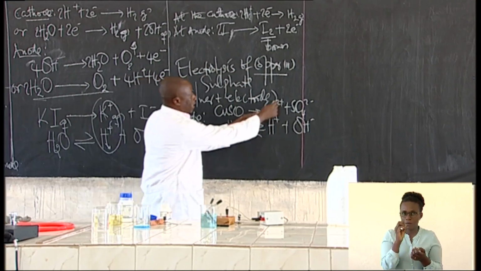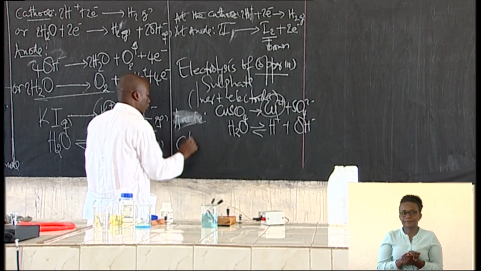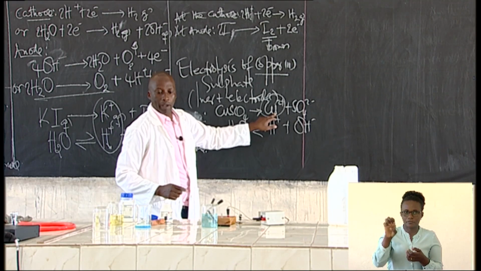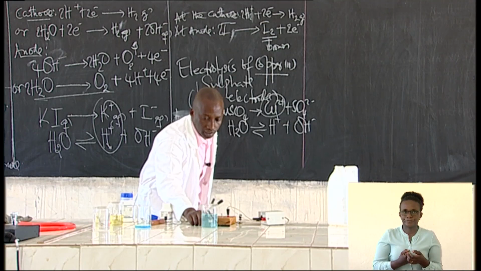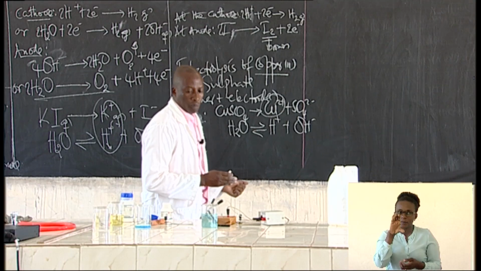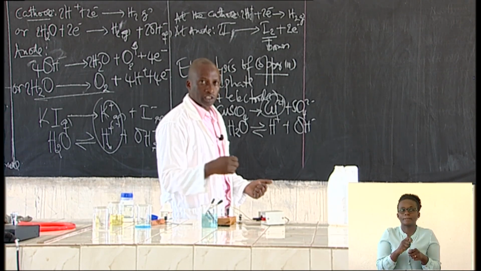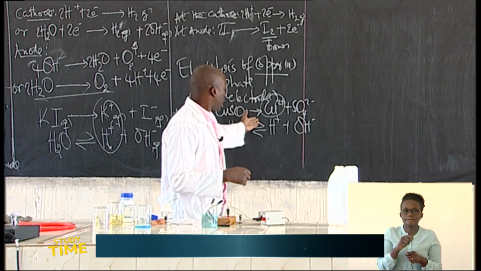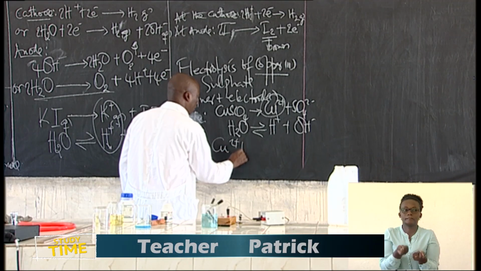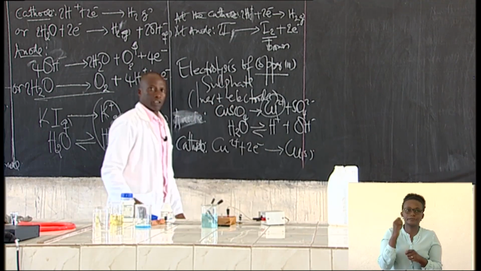We are looking at the cathode reaction. Here we'll have the copper being discharged. Where is the copper coming from? There are copper ions in the solution, gaining electrons because it is a reduction,